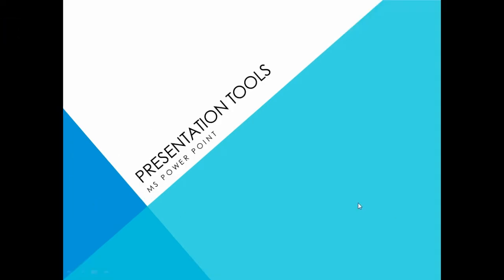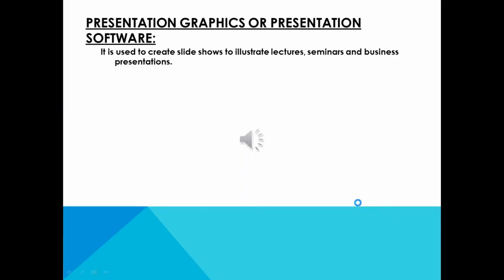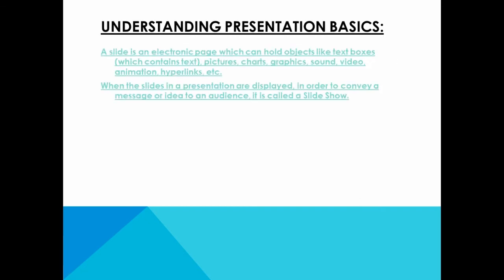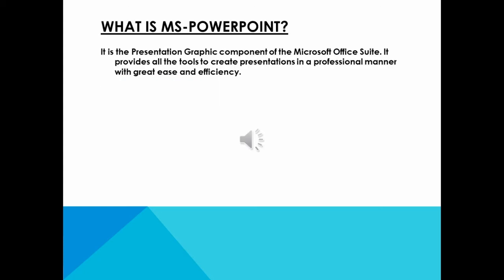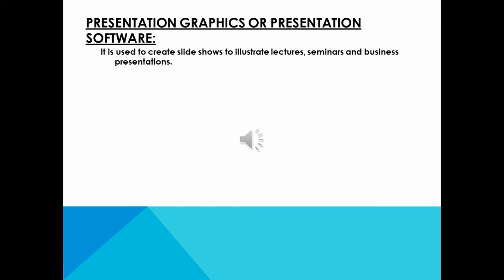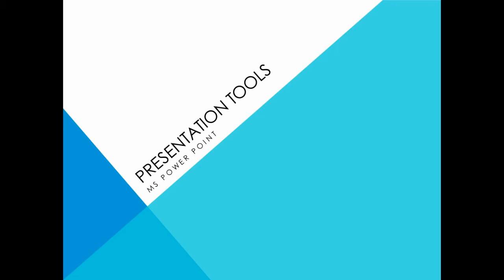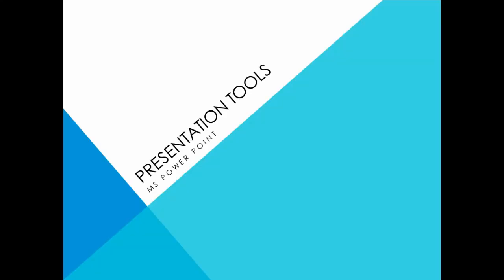Next, if I want to advance to the next slide, I can just press the arrow key. It will go to the next slide. Or I can press the space bar to go to the next slide. If I want to come back to the previous slide, I can use the left arrow key, or I can press the Backspace key. And if I want to show a blank screen in my presentation, I have to press capital B. If I want to come back, I press small b to return to the presentation. If I want to show the white screen, I can press capital W, or small w to come back.